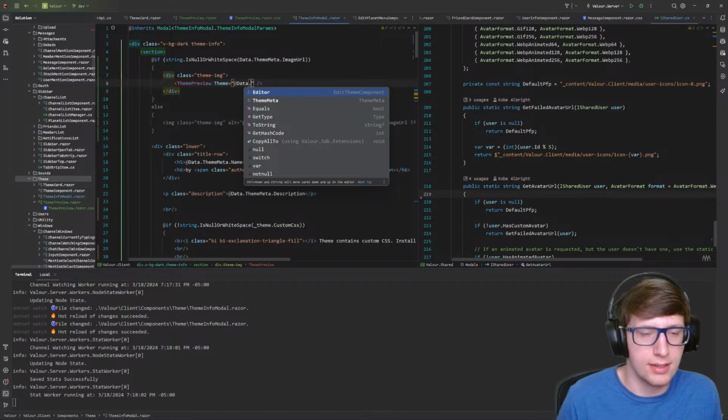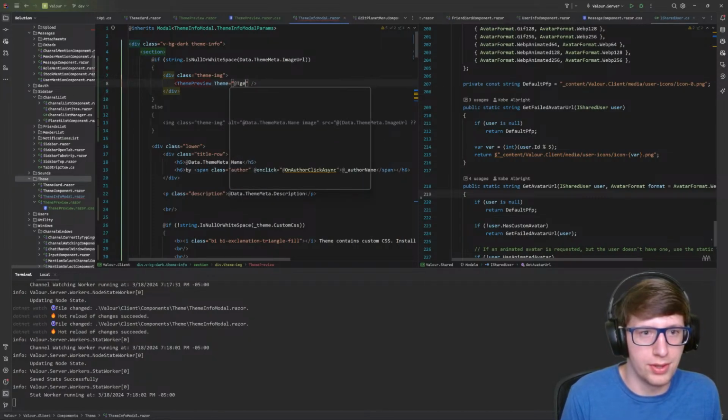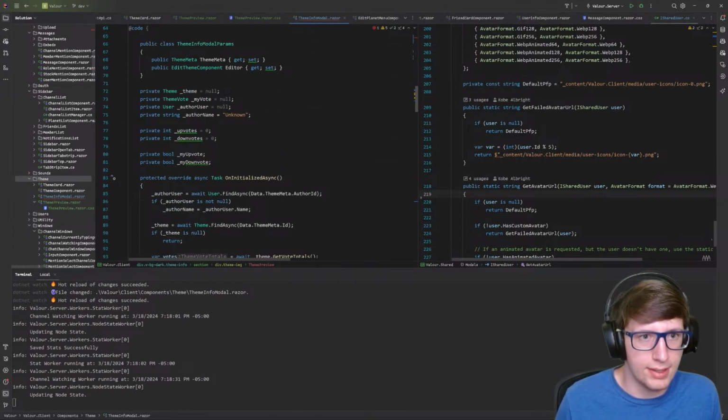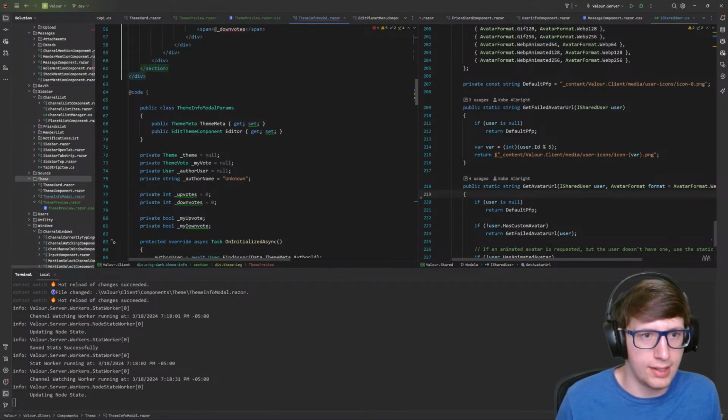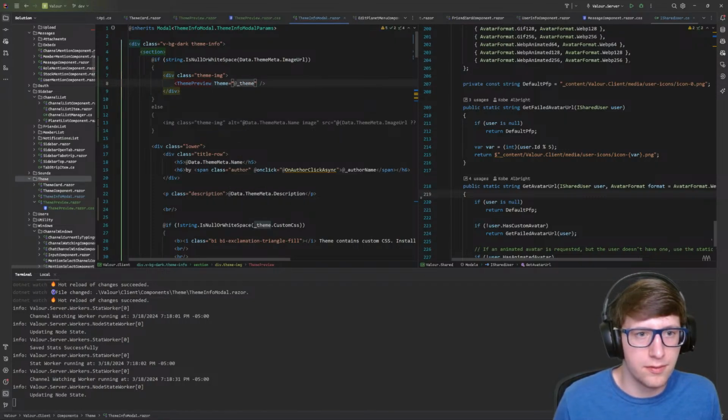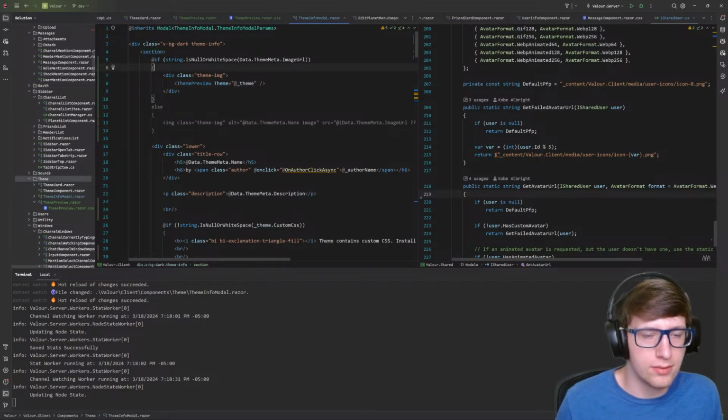Data dot... Or, I think we pull the theme down. Let me see. Yeah, we do. Okay, so theme. Very cool. And then we'll also do another thing, which is we'll do,